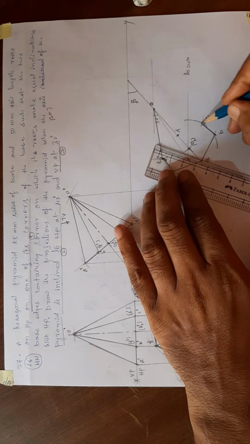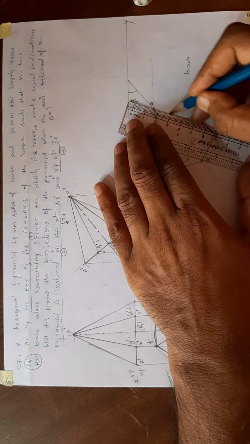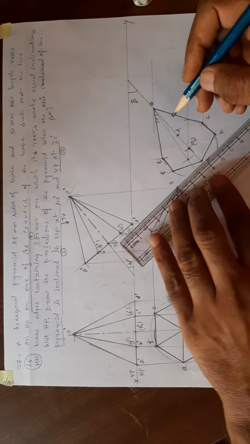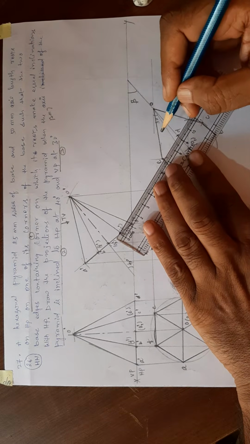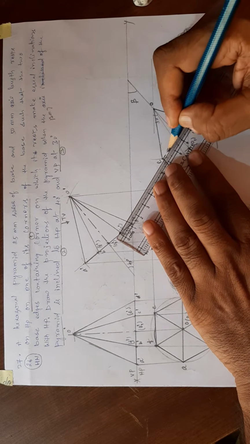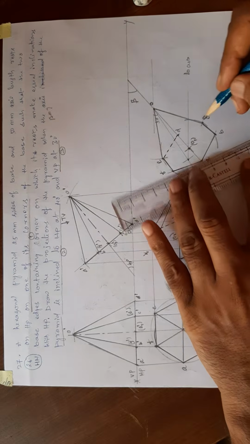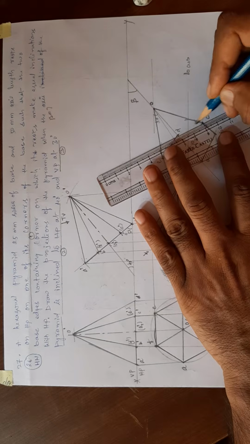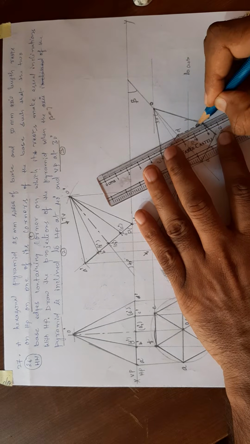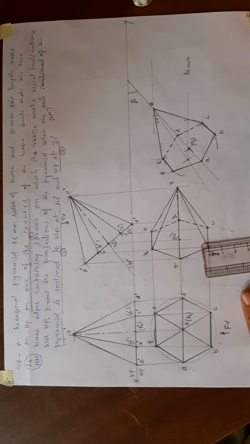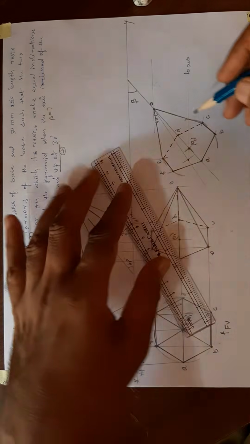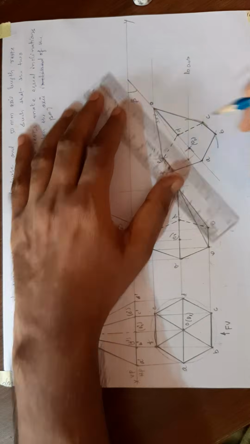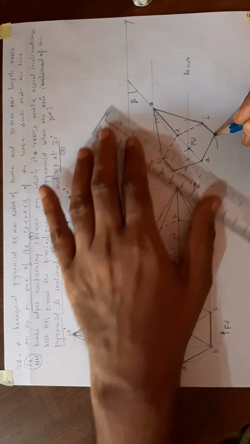B to C on this point, C to O, like this. Then D to C is invisible, draw with dashed lines. Next C to D is invisible, draw with dashed lines. Okay, then O to D is visible. Now it is O to D. Then O to B is also visible, draw with